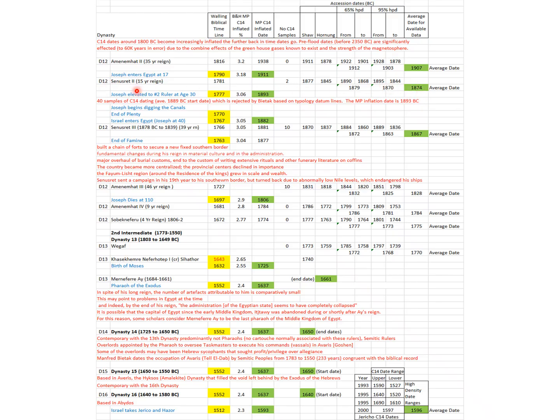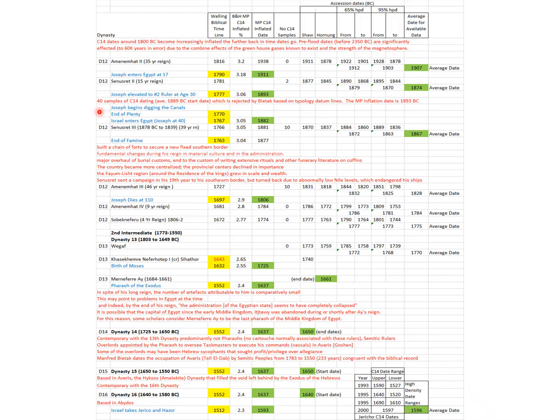And you've got to remember, this is when he started, and it looks like he elevated Joseph about 4 years later after he became king. So those dates are not too bad. Once you get in this qualitative area, and that's what we're looking at, qualitative, and we know that that was pretty well established for